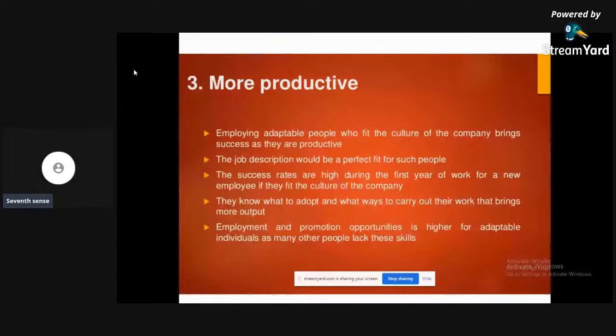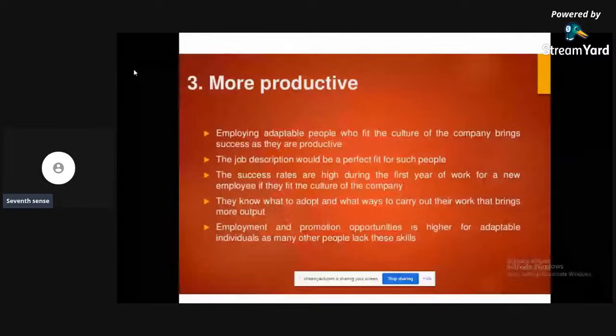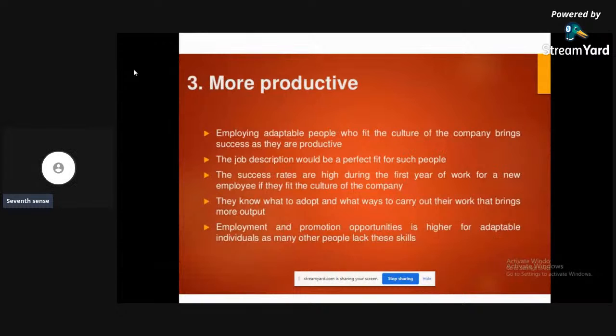How to carry out work when you have very different ideas, you will see different ways to finish a work. Suppose you have changed yourself, you will know you have succeeded more than the normal employees who are not adaptable to the culture.